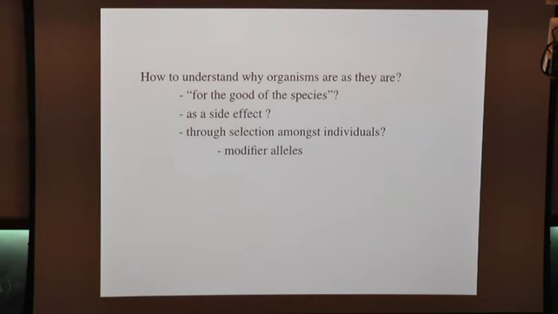So people in the 70s started to think about these things more clearly, and actually realized also that you couldn't just go around saying that this or that was an adaptation. And they started to define much more precisely what's meant by an adaptation. And I'm not going to give a very clear definition which will get past the philosophers. There's a whole field of philosophy of biology which deals with these kinds of issues. But the point is that you have to not only show that some particular feature or aspect has a function, which increases survival and reproduction, but you also have to show that it evolved because of that increase in survival and reproduction which it produces.